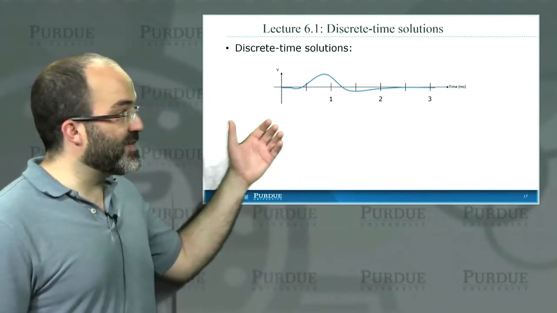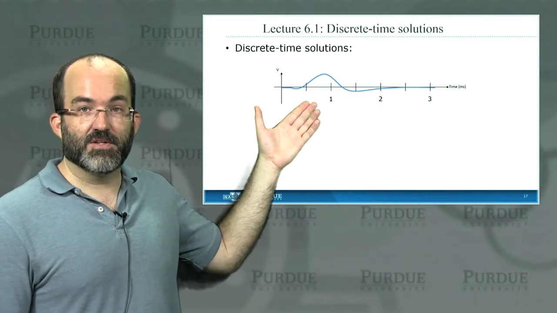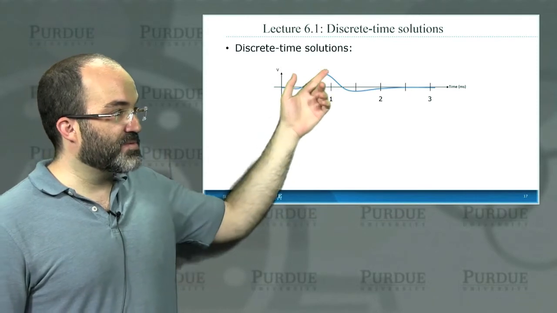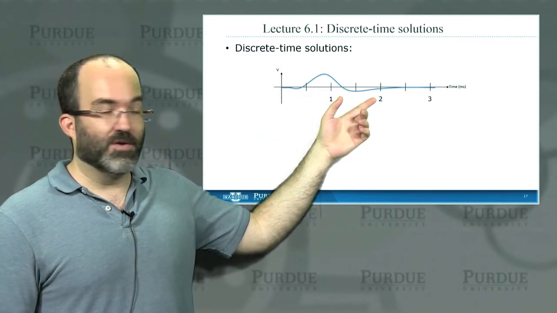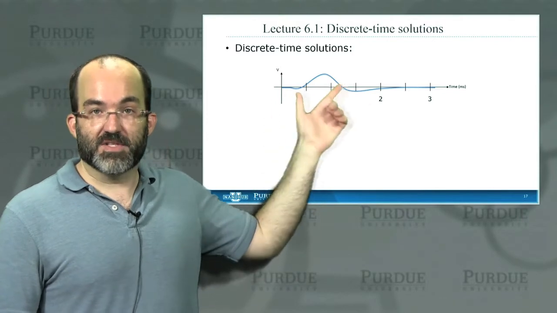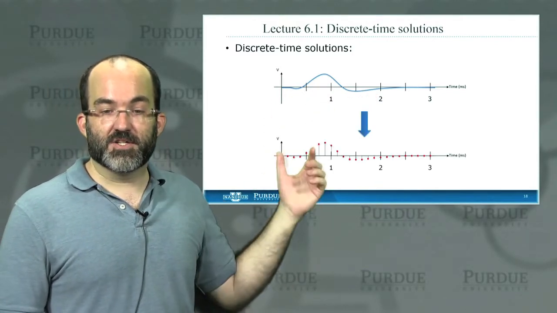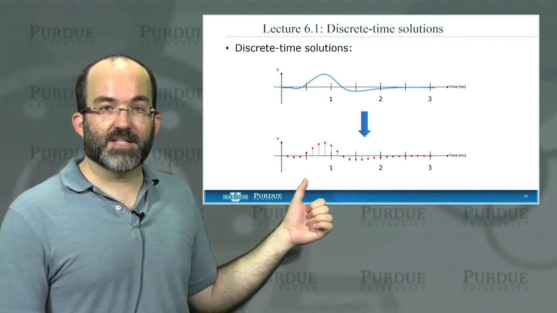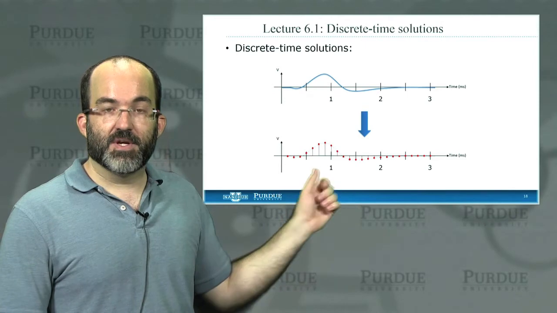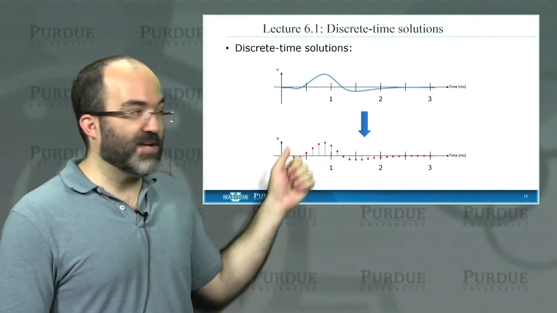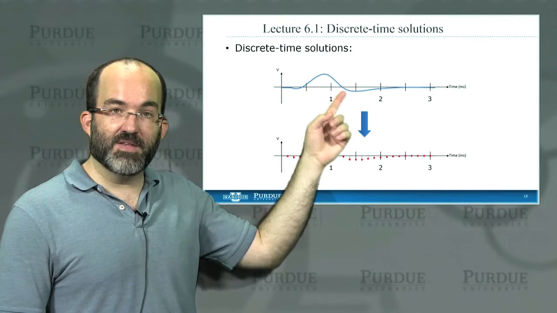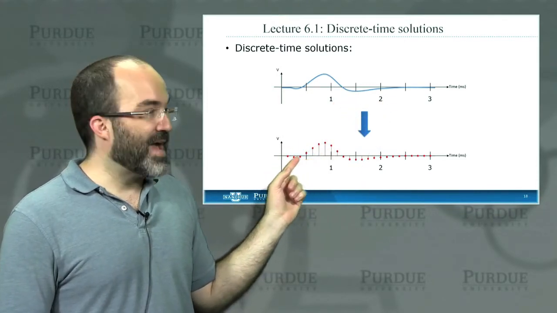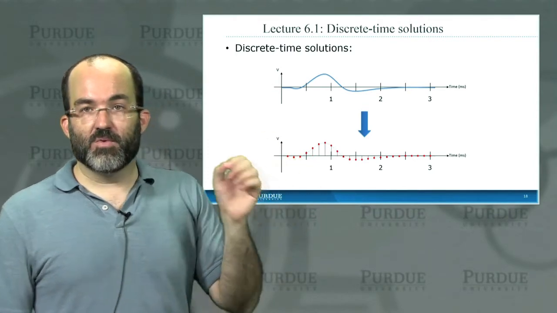So instead of having a solution like we have for the Cable equation, where for any input value of time, for example, you can give a corresponding output value of membrane voltage, or for any value of space, you can do the same, you have what we call a discrete time solution, which means that you can solve y as a function of x at discrete points in time, but not in between. And so what we arrive at is, instead of having a continuous line which has a value of y for every value of x, we have a series of red circles shown here, where at those red points, you know what the solution is.